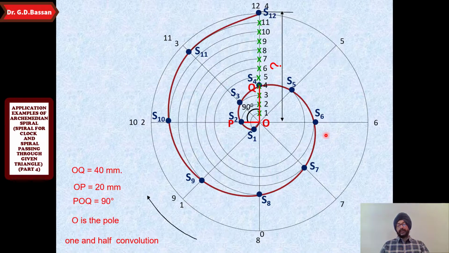In the previous videos we have discussed how to draw tangent and normal. There are only 3 steps. What is the first step? Joining S6 with O, that is, point M joined with O. What is the second step? We already know the value of the constant of the curve. So taking a length equal to the constant of the curve, find the point here which is perpendicular to OM. Mark this point and join this point with M and extend it. So this will give you the normal at point M. Draw a perpendicular at point M. We are getting the tangent.